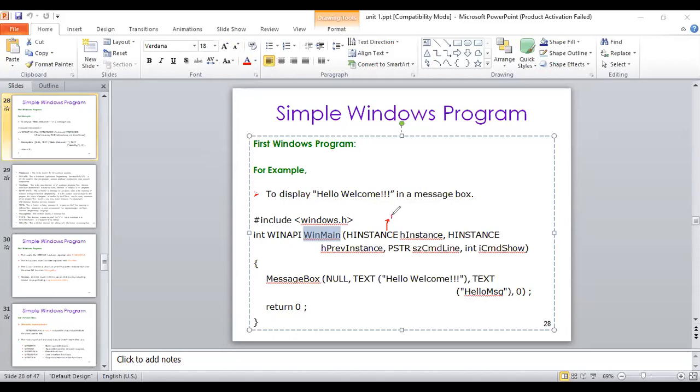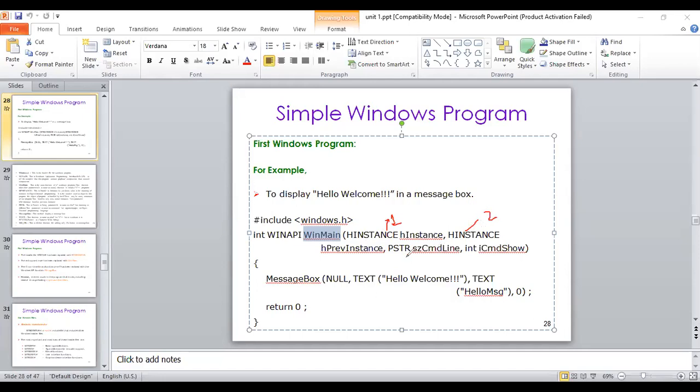The first parameter is hInstance, which is basically used to count the number of instances available in your main program. The second one is hPrevInstance, the previous instance, which is basically used to provide permission to the instance that is available.